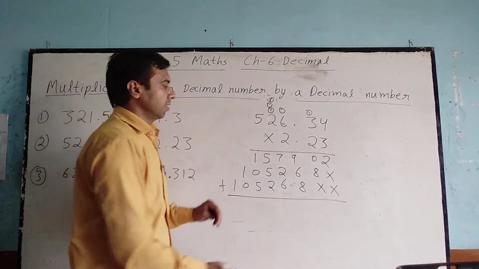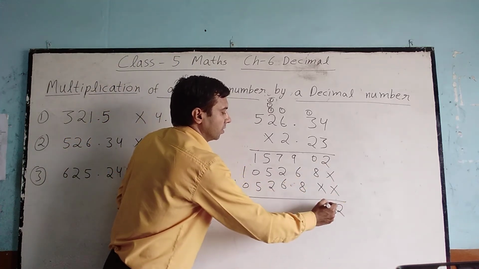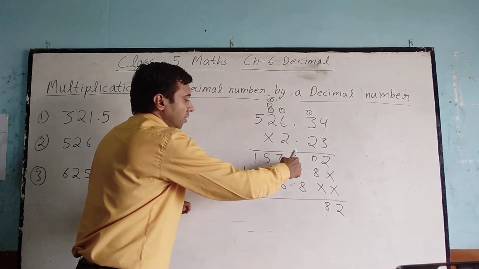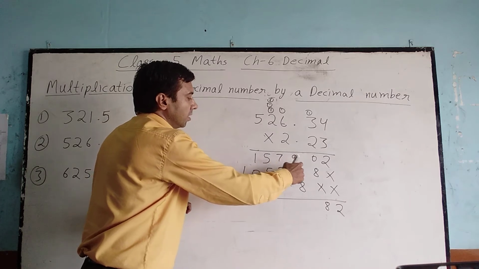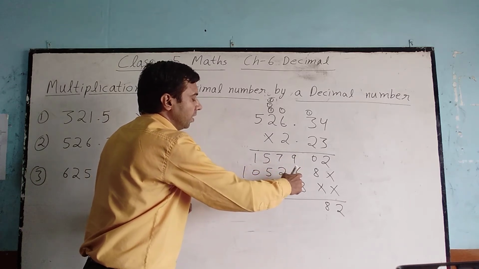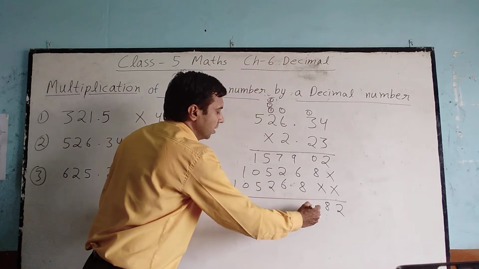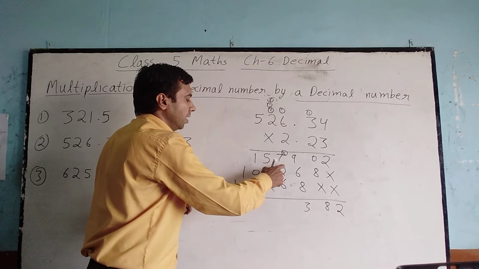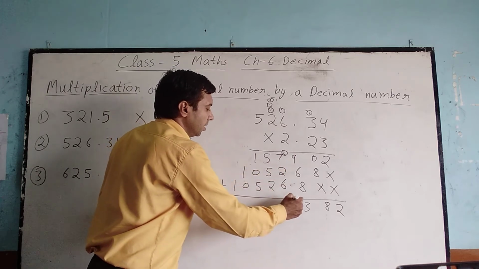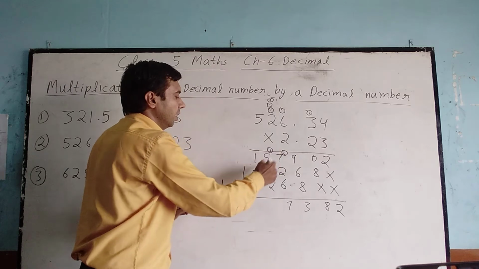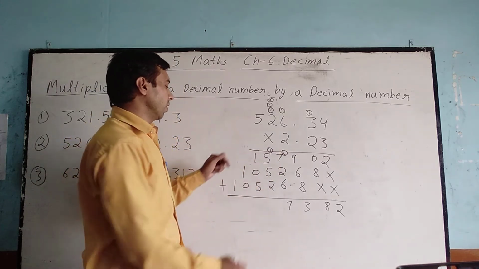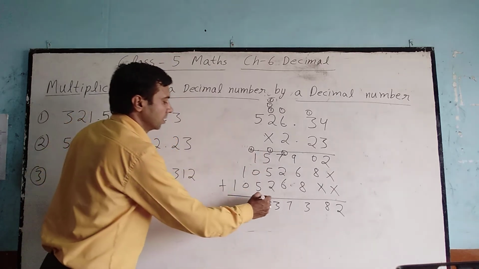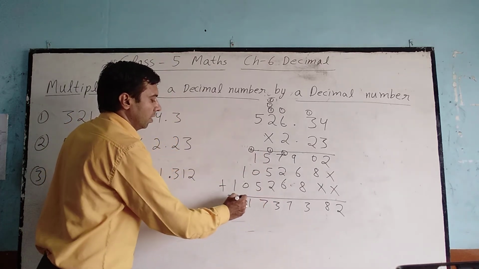Now student, add it. 2 0 plus 8, 8. Now 9 1 10, 9 1 10, 10 5 15, 15 5 20, 23. Write 3 here, 2 carry. 7 8, 9, 1 10, 11, 11 6, 17. Write 7 here, 1 carry. 5 5 10, 10 2 12, 12 1, 13. Write 3 here, 1 carry. 5 plus 1, 6, 6 plus 1, 7. Write 7 here, 1 1.